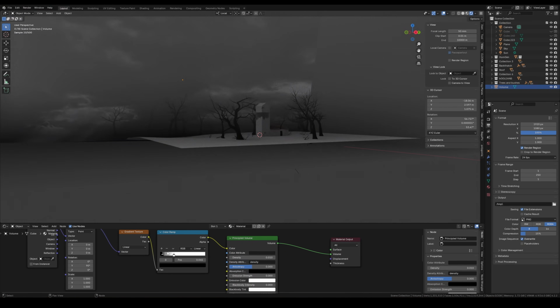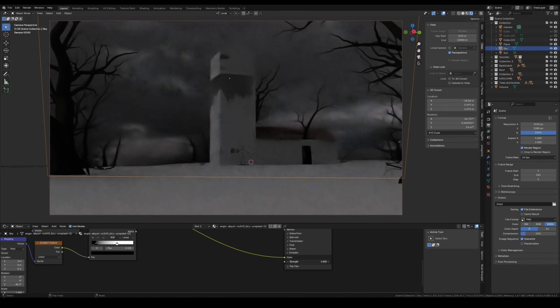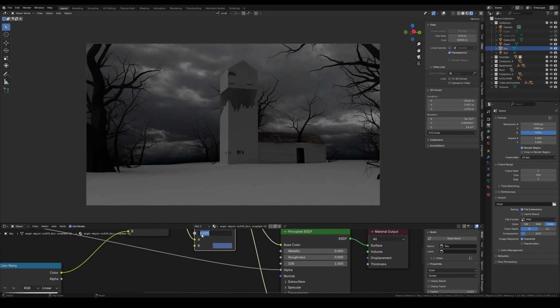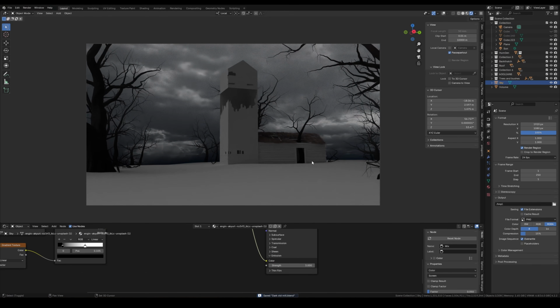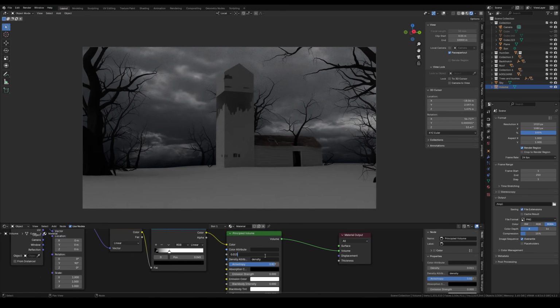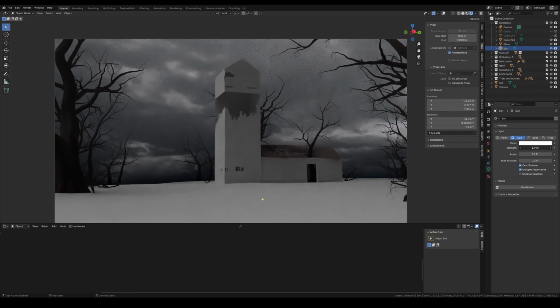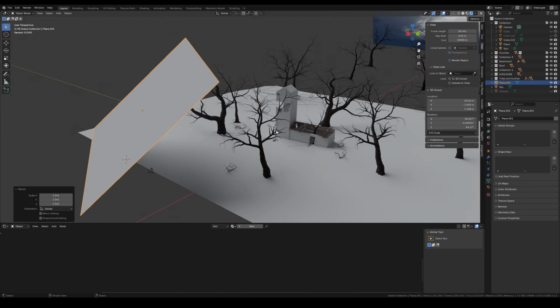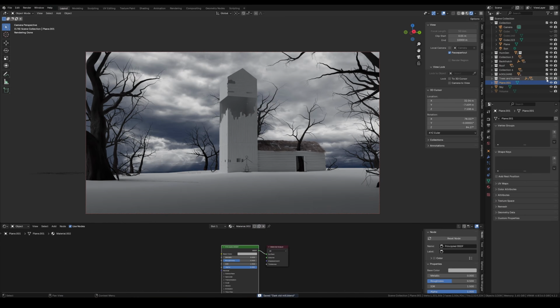After that, I brought in a principled volume and did the same to that. I used a gradient to darken the bottom and lighten up the top, again because I don't want the bottom to be too bright, because I want the attention of the viewer on the top. I would recommend using a principled volume and not a volume scatter with this. After that, I brought in a light blocker at the front just to create a bit more of a dynamic lighting